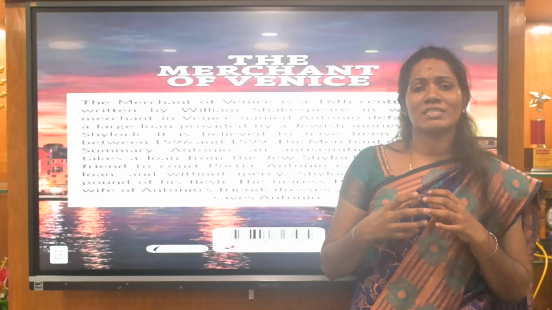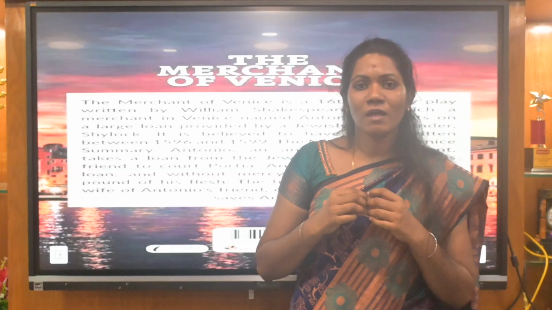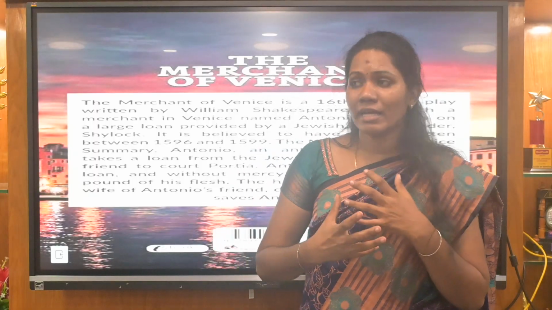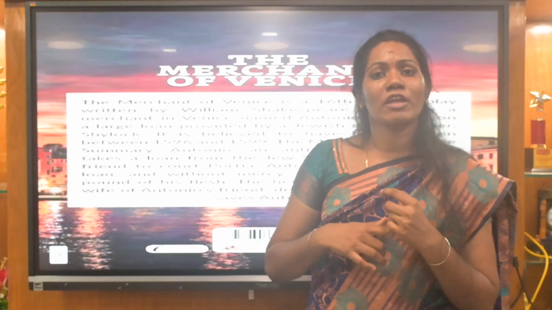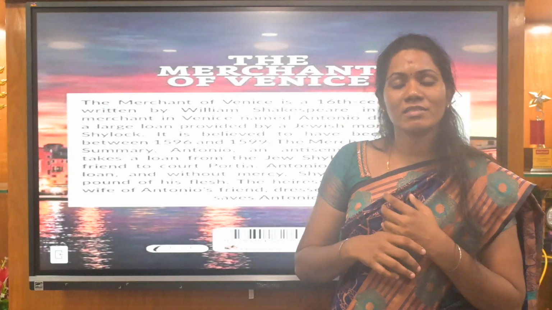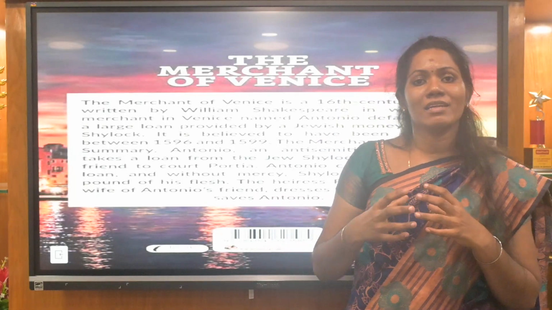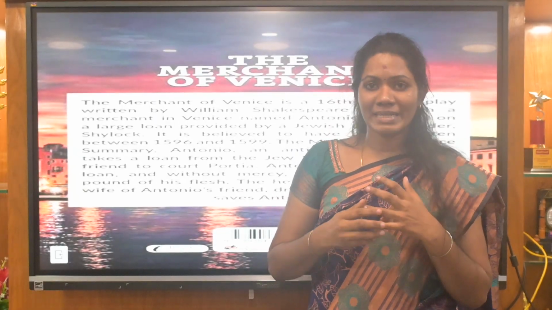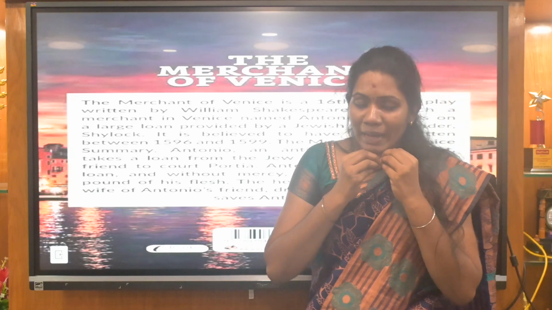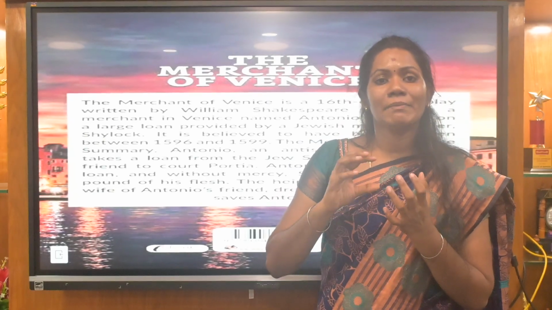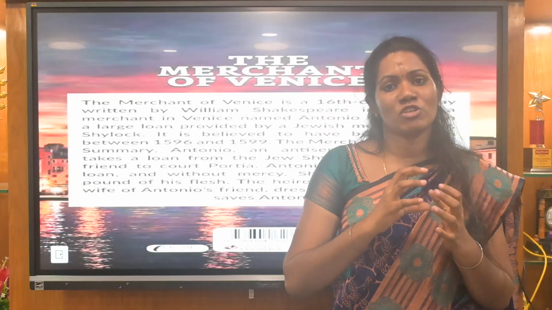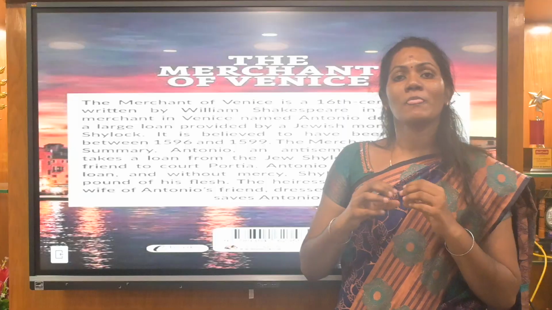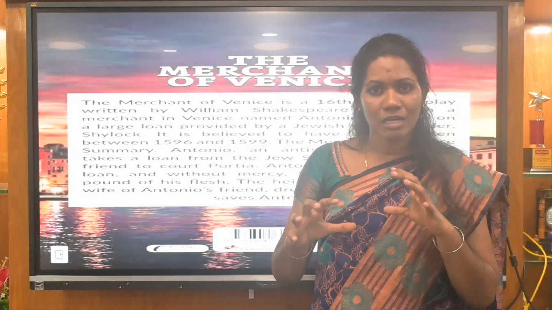Bassanio was a good friend of Antonio. Bassanio was in love with Portia, so he went to Belmont and got to see her, and they married together. Then Antonio was in debt. He wanted to repay the loan, but Shylock did not help at all. So he demanded the bond: a pound of flesh was to be taken from the chest of Antonio. So in the play, the case took place in the court.